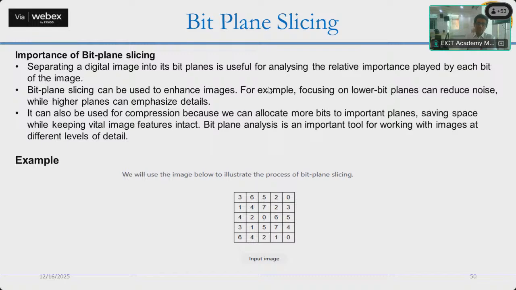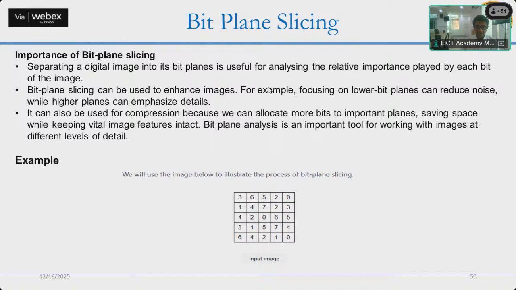So bit plane slicing can be used to enhance images. For example, focusing on lower bit planes can reduce noise, while higher planes can emphasize detail. It can also be used for compression because we can allocate more bits to important planes, saving space while keeping vital image features intact. Bit plane analysis is an important tool